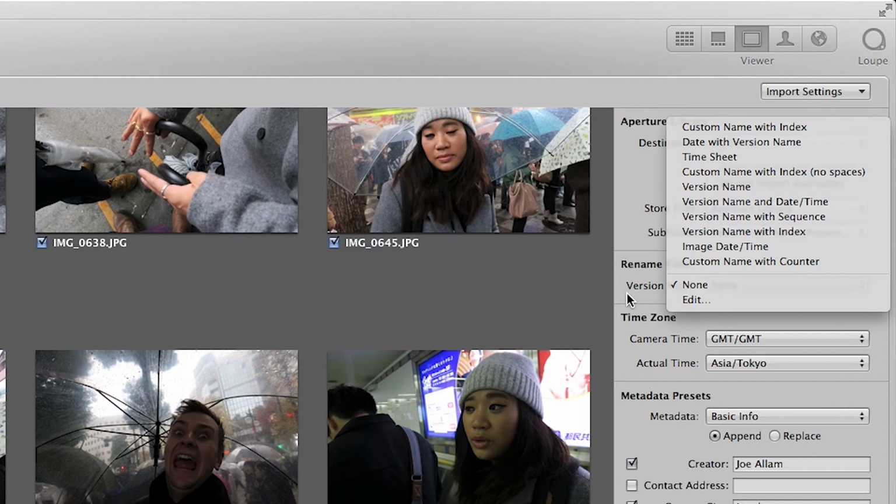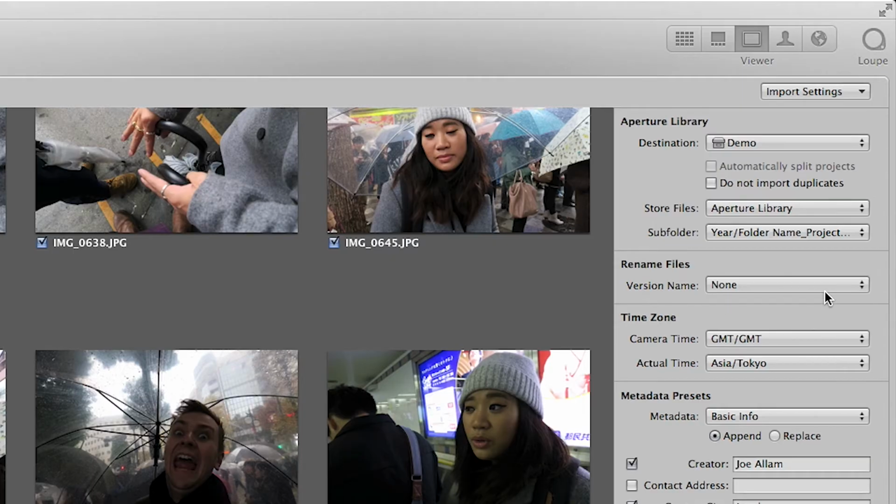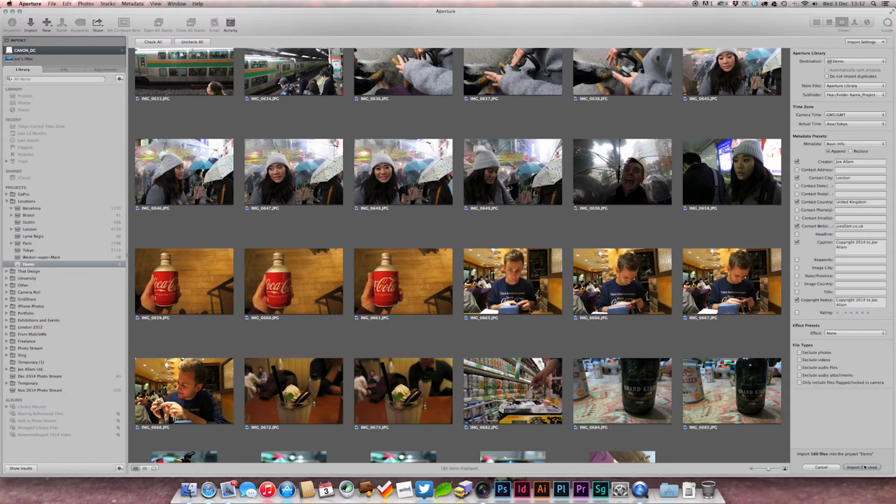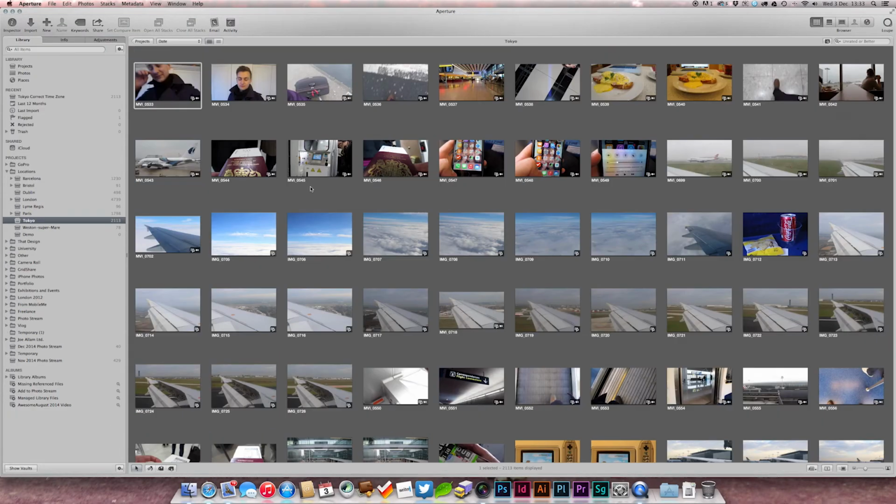So this can be quite useful if, say, you're doing project work for a particular client. You may want to rename every file that comes in with the project information or the client name, something like that. It's very useful. So I can just go ahead and import those photos. So this is now my Tokyo library. You can see I've got just a couple of thousand items in here that's made up of movies and